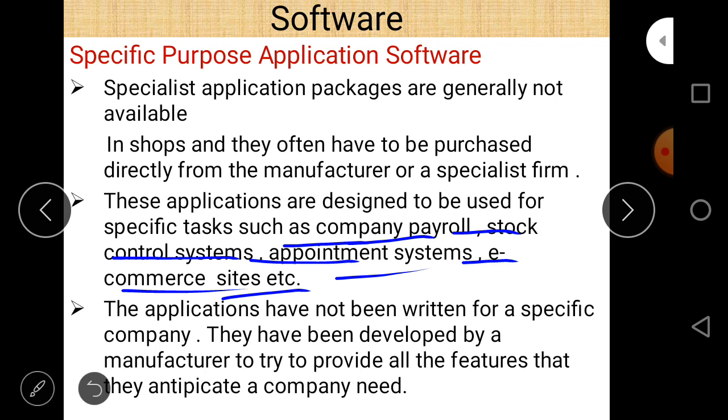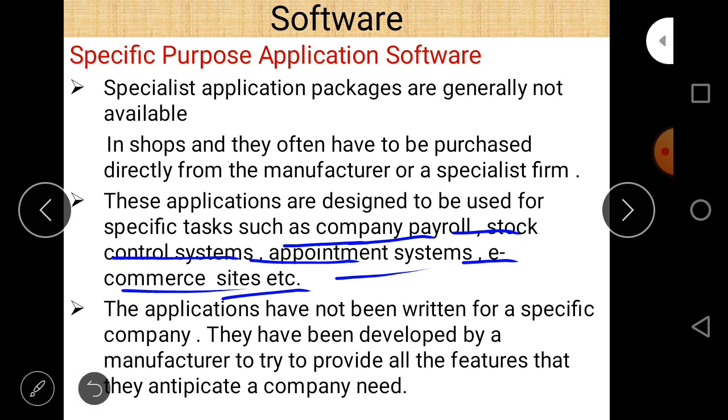As the name suggests, specific purpose application software is designed for a specific purpose, first of all. Second, it is not purchased from a shop, but directly from a manufacturer or a specialist firm. These are designed for payroll, stock control systems, appointment systems and e-commerce sites, etc. They are not written for a specific company.